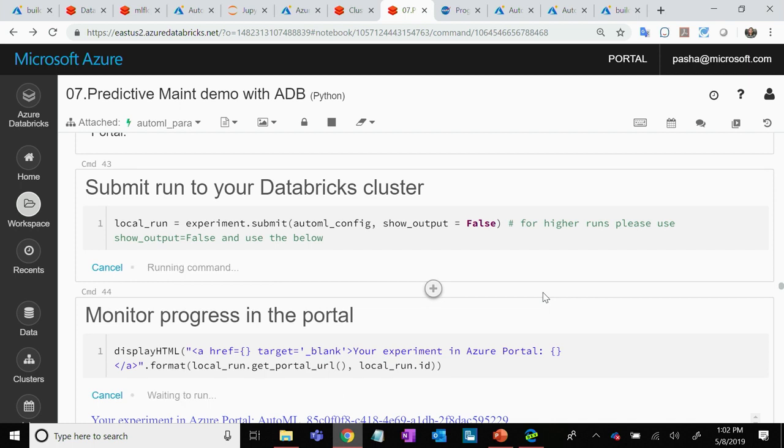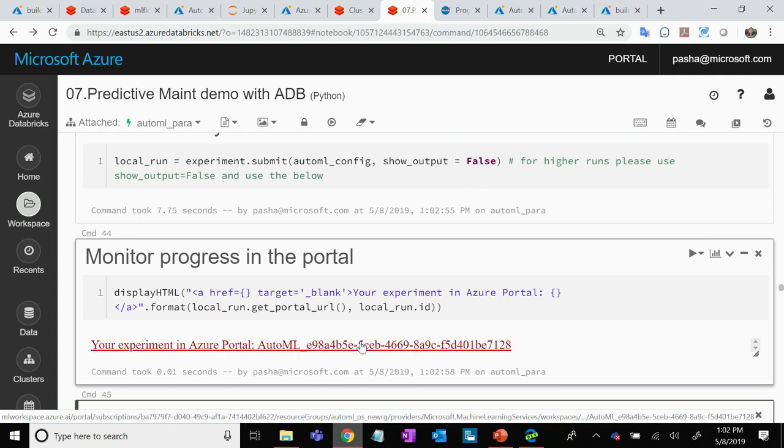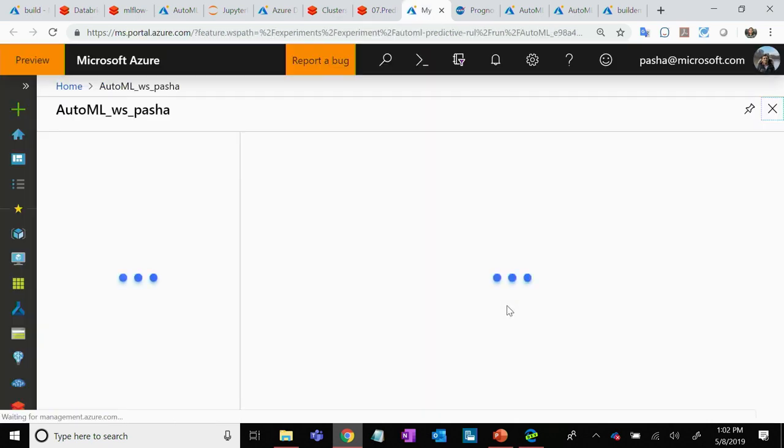So that's how it happens. And while it's running, I can show you a result from my previous training, but okay, let's see this. So the first step it's going to do is create the setup run. Setup is basically all this pre-processing and things like that that I mentioned, and then it's actually going to start